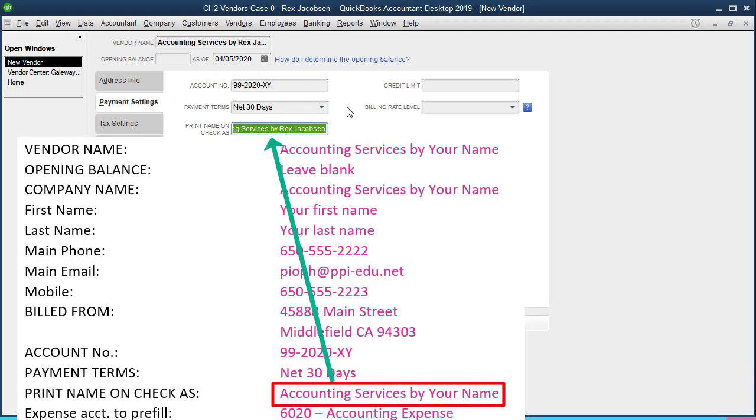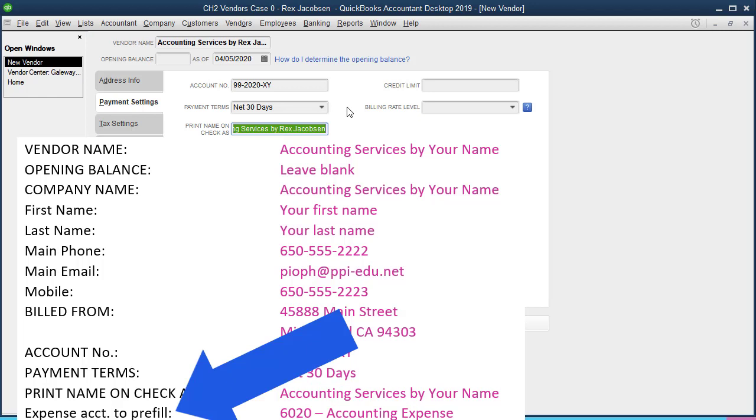Print name on the check as Accounting Services by Rex Jacobson. That's already filled in. And then the last thing we want to do is we need to fill in this expense account to pre-fill. I will show you where that is. That is on the